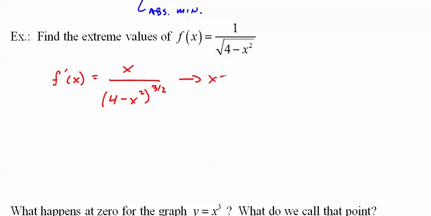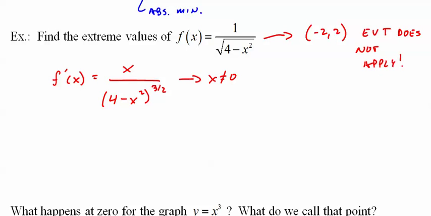X cannot equal 0. Oh, and by the way, in the domain, which was given, it goes from -2 to 2. Extreme value theorem does not apply. Why not? It's not closed. Got to be a closed interval. Doesn't mean we can't find a max and a min. Just means it doesn't apply, that there isn't a guarantee of a max and a min, which I'll show you in a second. So, pardon me, x equals 0